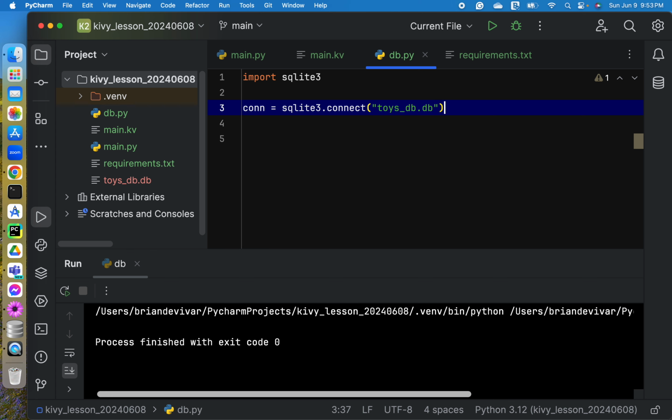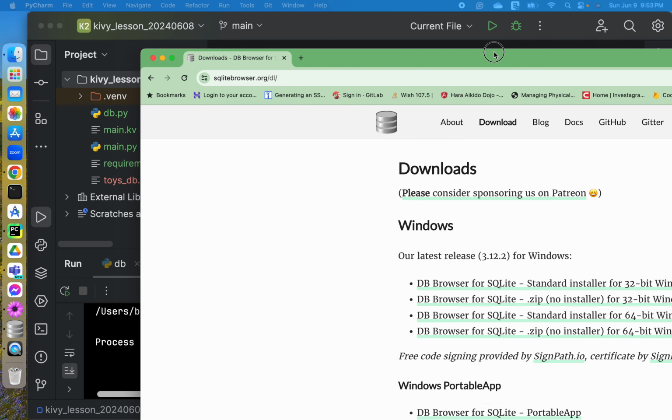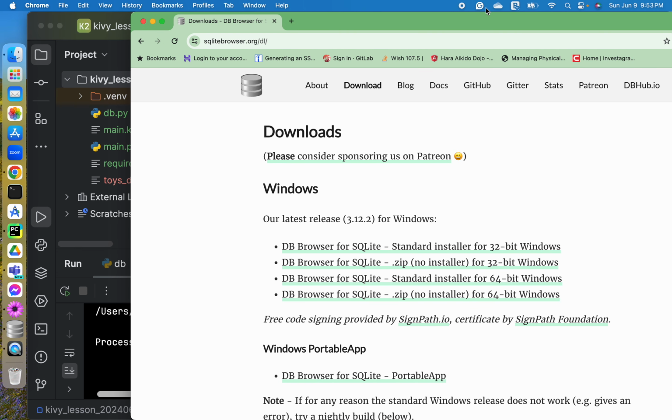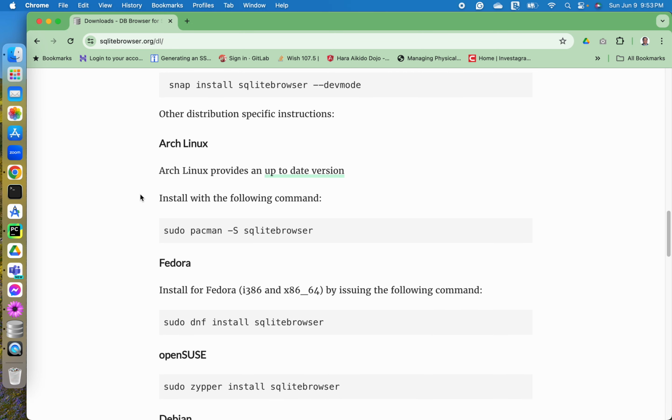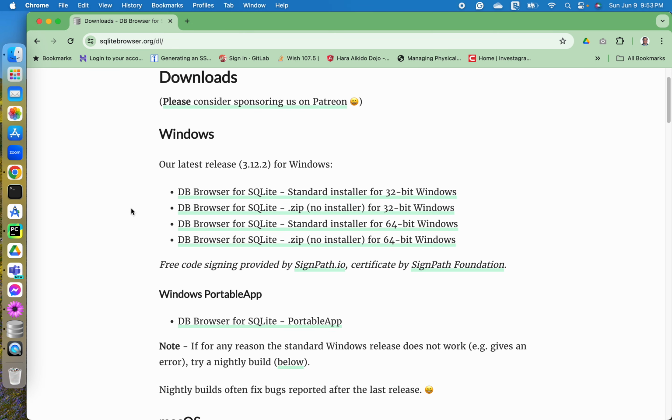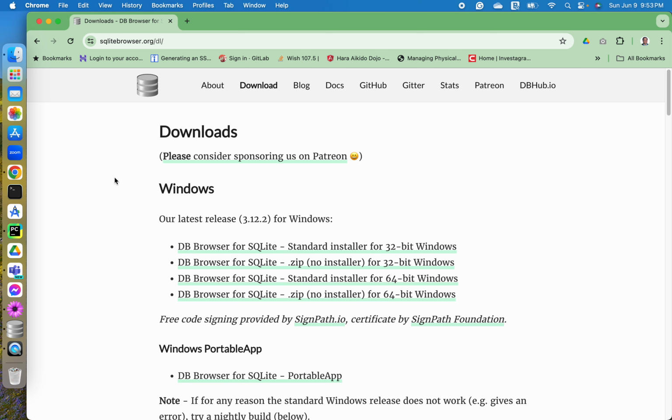And for simplicity, we can also install this simple open source tool, SQLite browser. So choose the version that is compatible to your machine.